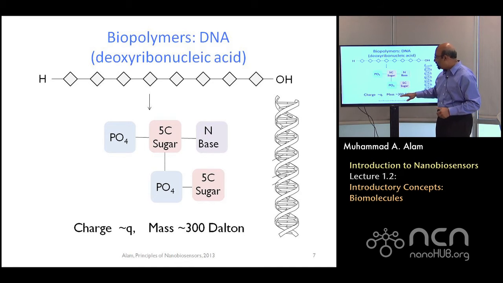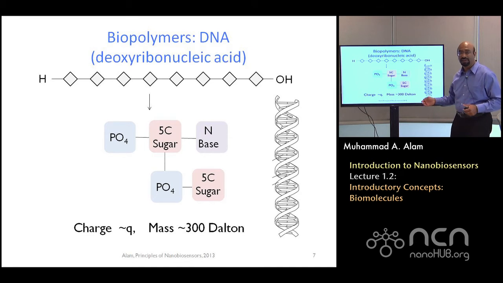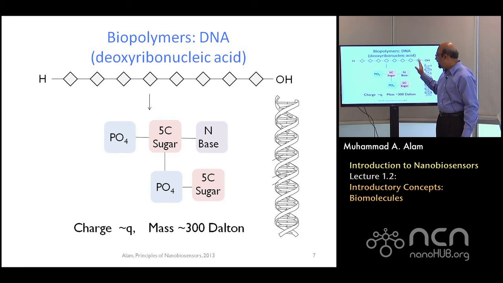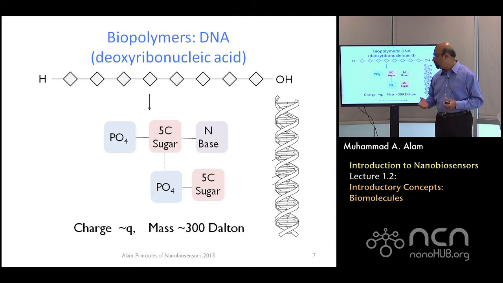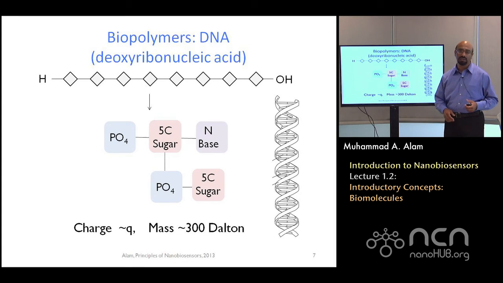The mass is also significant, almost 300 Dalton. Dalton is a unit of proton mass, sort of atomic unit. And so therefore, if you had, let's say, 100 of these elements, that will be 3,000 Dalton. That's pretty massive. So you can actually measure it in mass-based sensors, but also you can measure this in charge-based potentiometric sensors.